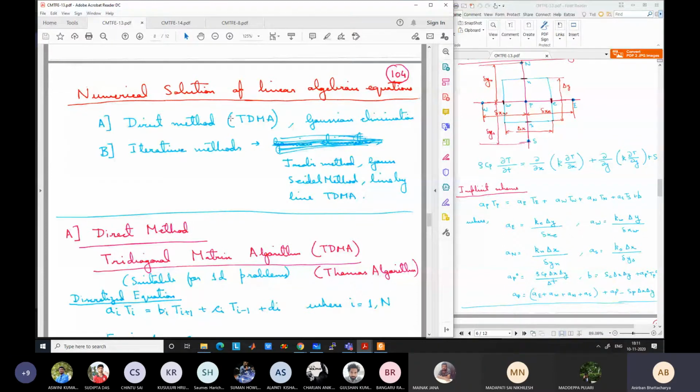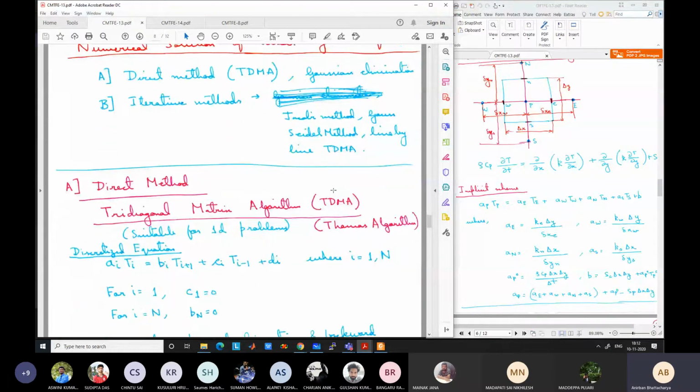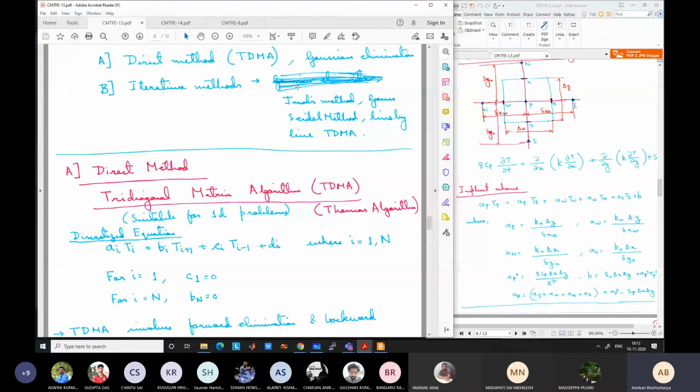So the other method which we use very frequently in CFD is known as tridiagonal matrix algorithm. This is used for only 1D problems, because in 2D and 3D this cannot be used, and we will come to that. Then there are some iterative methods which are used for 2D or 3D type of problems. Although a lot of methods are there, we will see Jacobi method, Gauss-Seidel method, and then a modification of the TDMA method, which is known as line by line TDMA. So this TDMA method becomes iterative in line by line TDMA and can tackle 2D or 3D problems. Okay. So these are the type of methods that we are going to see.